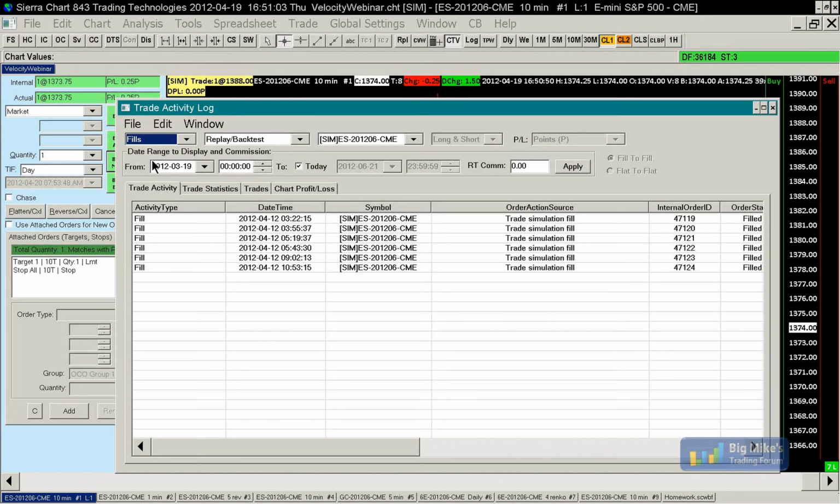Another question is, do you have a wizard to write strategies for back testing? No, we don't, but we have a spreadsheet-based method of creating an automated trading system that's really easy to use. So I tend to think that's going to be easier than a wizard and give you a lot more control anyway. Okay, so let's go on to